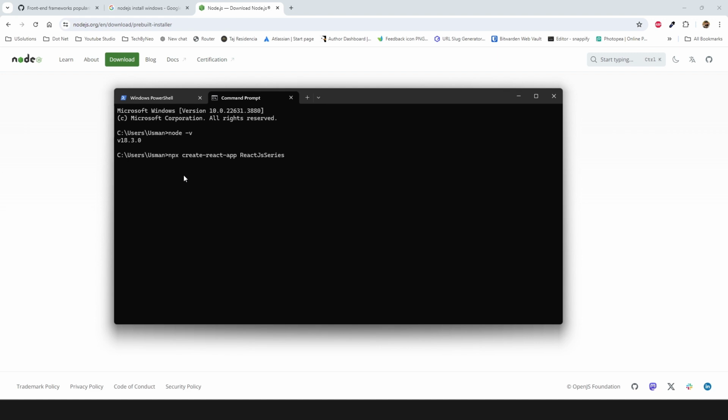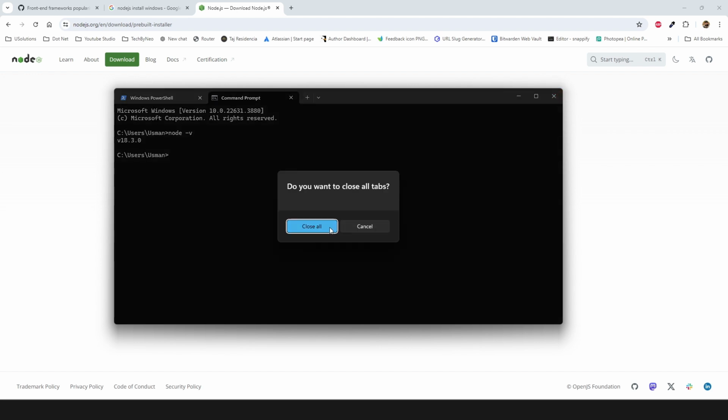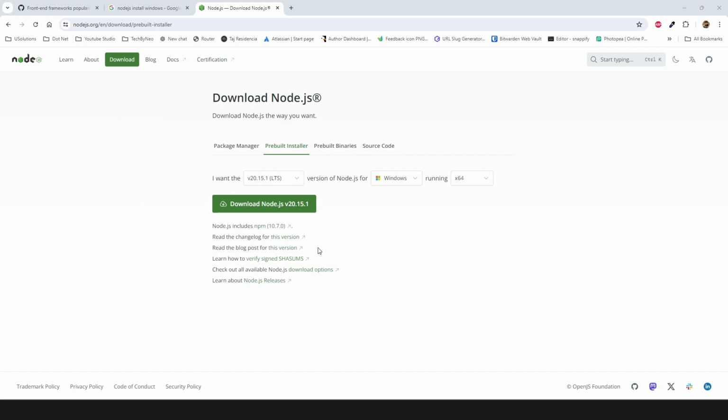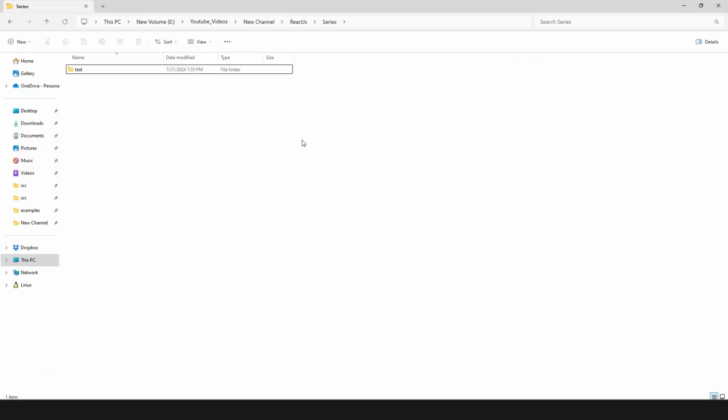So that is the difference between npm and npx. I am not going to run that command here because that is not my working directory. We can just highlight it and press enter, but my working directory is a bit different. So let me show you another way to open the cmd and VS Code in a specific directory. We have ReactJs, and inside that I have the folder series, and now I want my app to be created inside that folder.